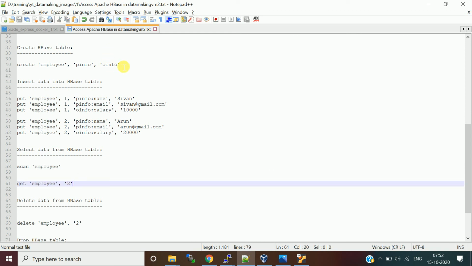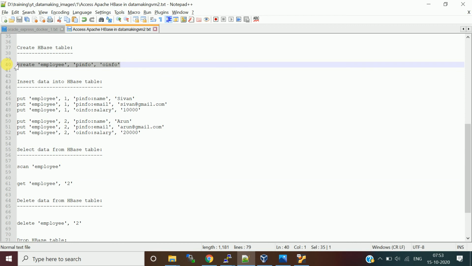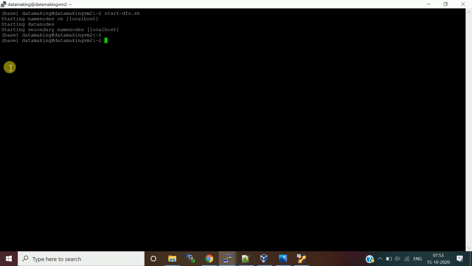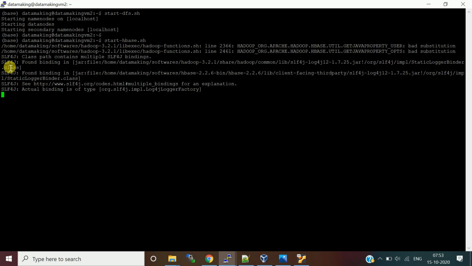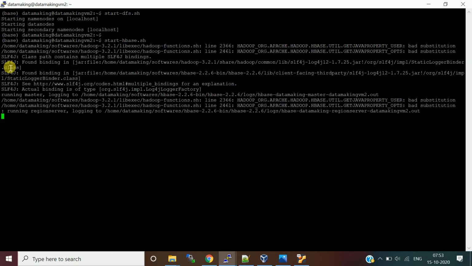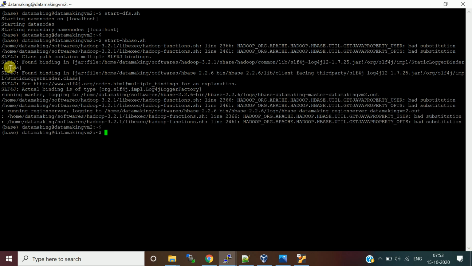So let us create this table. Let us start now. Start HBase dot sh. Now check the daemons. HMaster, region server, already everything is there.